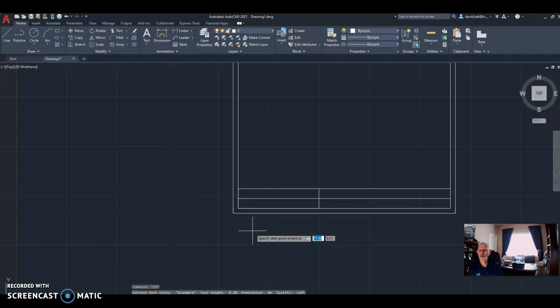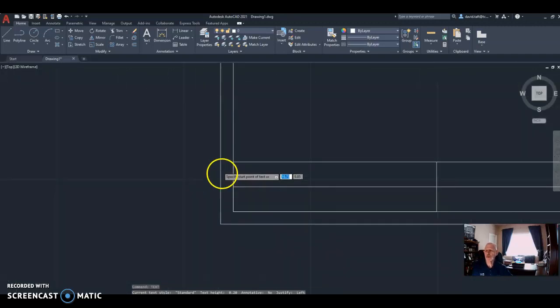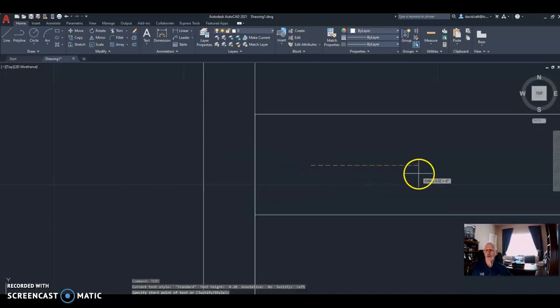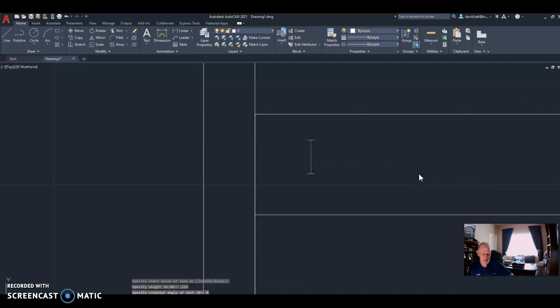TEXT, enter, and it says specify a start point. I'm going to specify a point right here, just arbitrarily. Then the command line says specify the height. From your notes, it should say 0.125 on the height. Then it says rotation angle, which I don't want to rotate it. It says 0, so 0, enter. And then I can start typing. The first word is project